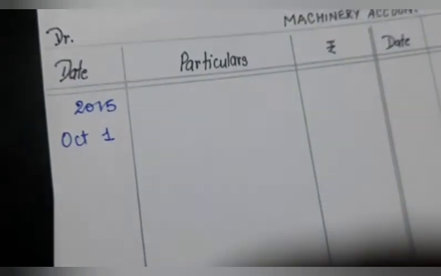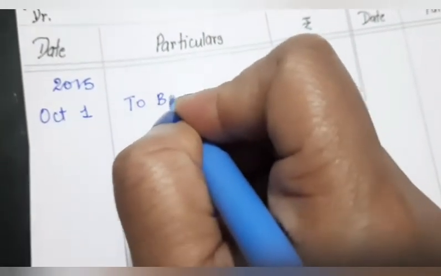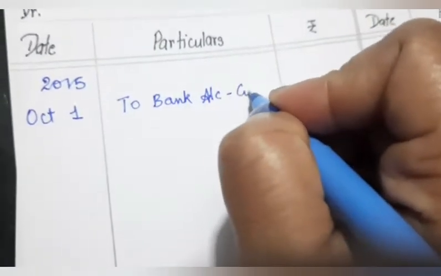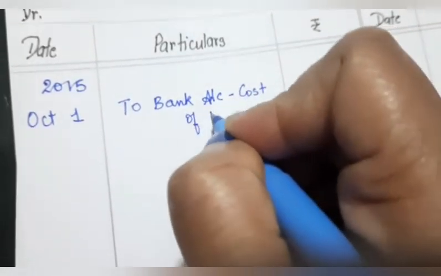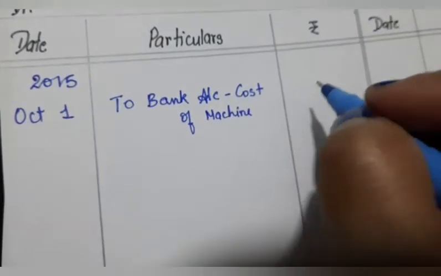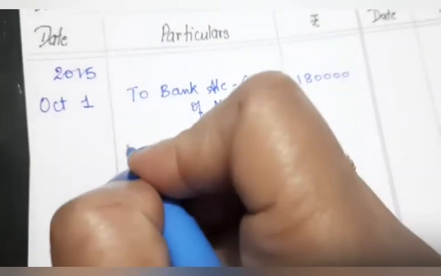The date will be, you have purchased this machinery in 2015. So see, I have written 2015, October 1. Okay, October 1. And what am I supposed to write here? To bank account. Okay, this is the cost of machinery which I have purchased. Cost of machine. So what is the cost of machine given in the question? It is 1,80,000. Okay, now again I have spent some money